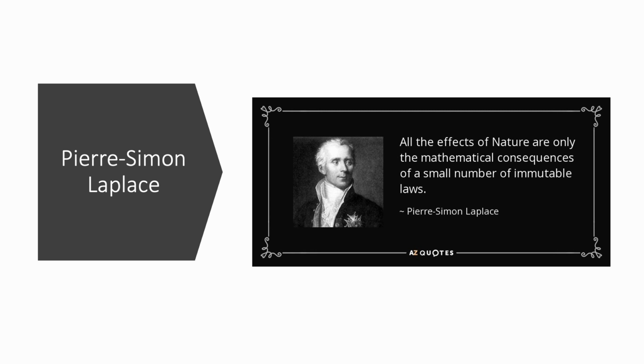A brief note on Pierre-Simon Laplace, who is considered to be the mathematician that completed the classical definition of probability. He was one of the founders of probability theory and made many contributions to mathematical statistics. In his book, Analytical Theory of Probability, he defined the probability of an event as the ratio of the number of favorable outcomes to the total number of outcomes of an experiment.